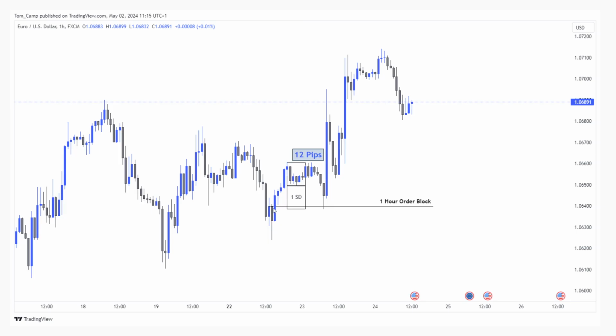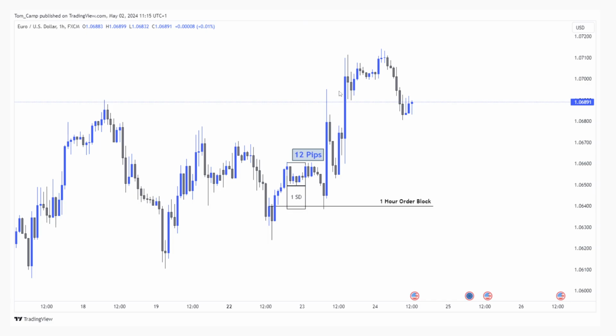Price never made it right back down to here, but it did come back down to retest the top wick of the candle that has been created, and then it pushed to the upside, creating the central bank dealers range, and then came to make a low of 1 standard deviation within the central bank dealers range, mitigating perfectly into the order block which was created, only to see price expand higher,